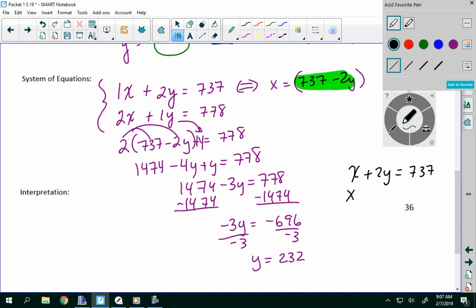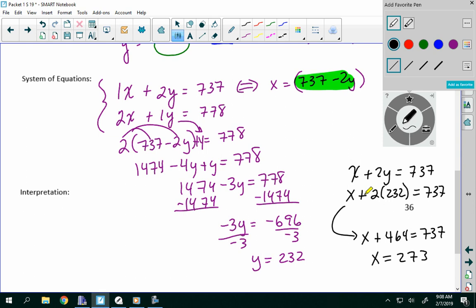And now I substitute for y, 232 calories. And now I solve for x, which is the number of calories in a Snickers bar. So x plus 464 equals 737. I subtract 464 from both sides, and I will get